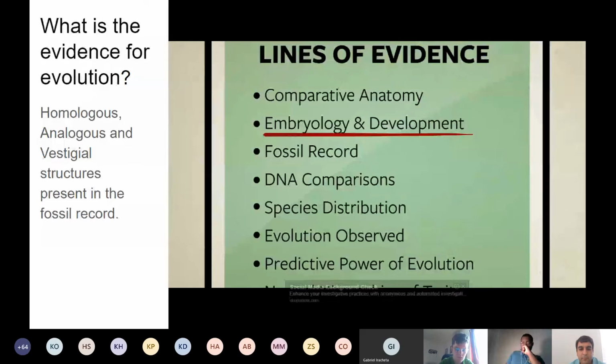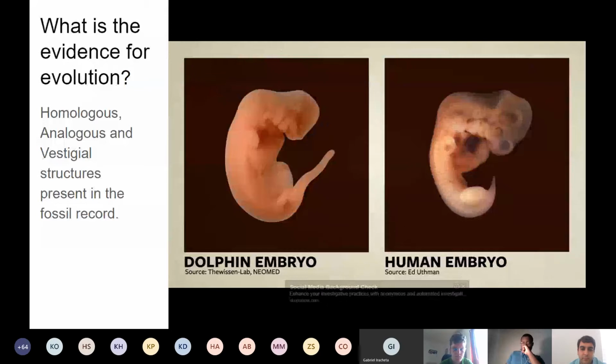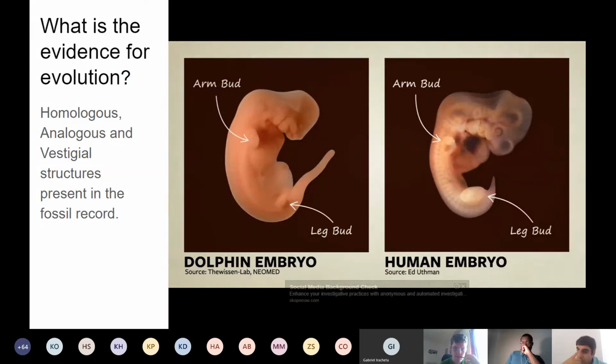Embryology is the study of how creatures develop before being born or hatching from an egg. Here we see a dolphin and a human embryo side by side at similar stages of development. Notice that they both have what look like arm buds and leg buds. In humans, the leg buds grow to become legs. In whales, they grow for a while but then stop, effectively fading away as the rest of the whale continues